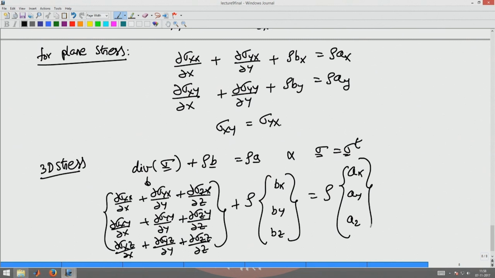In the next class we will see a detailed derivation of this equation along with the condition that the moment equilibrium will tell us sigma xy equal to sigma yx, sigma xz equal to sigma zx, and sigma yz is equal to sigma zy. Okay. We will see a detailed derivation of this, but before we conclude I want to just point out that the